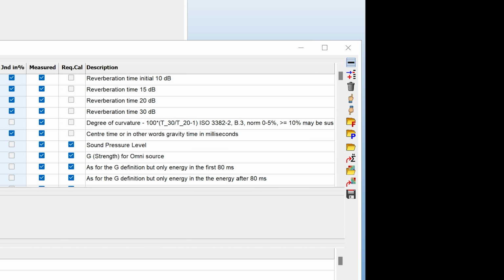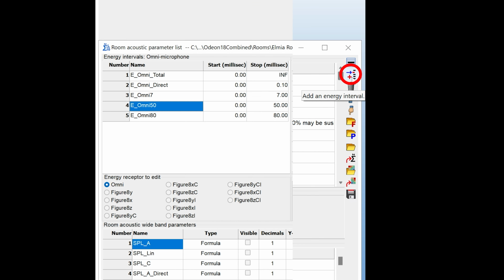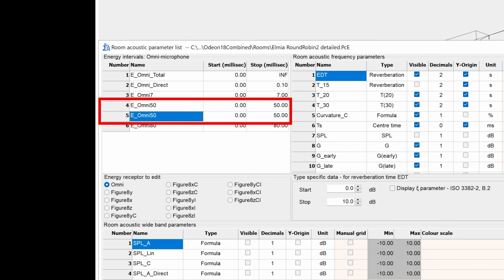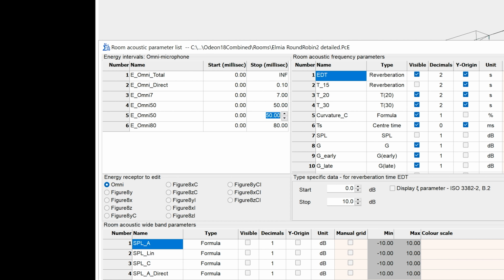You can create a new energy interval by clicking this icon. Initially, this creates a copy of the currently selected energy interval. However, you can edit it as you wish. For example, I could define an early energy interval up to 60 milliseconds.